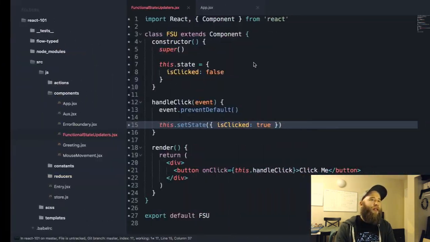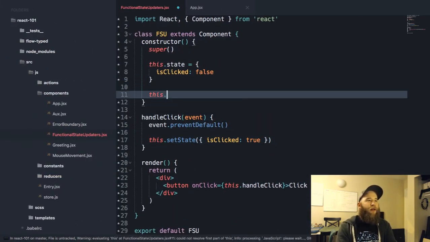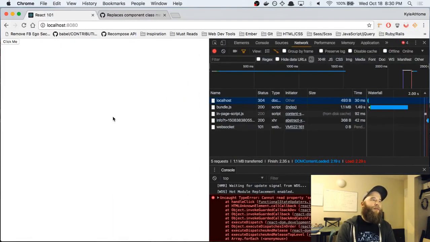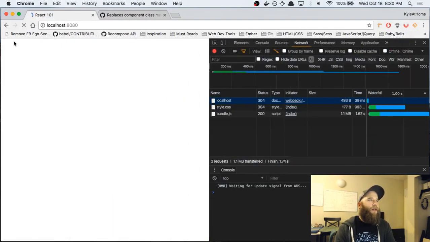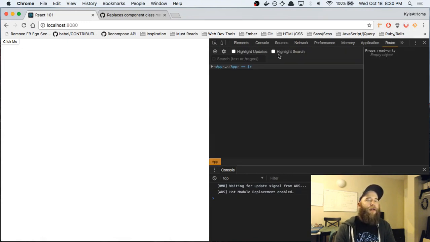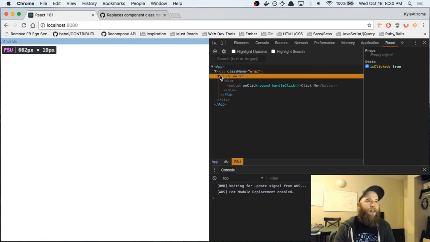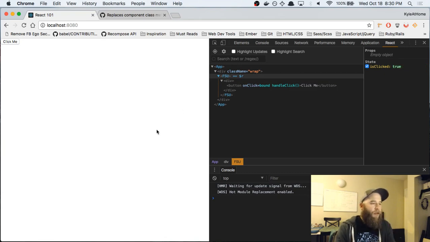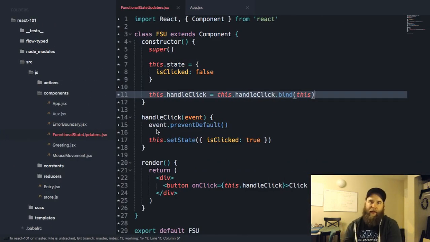This is undefined. And as I was saying last week, we talked about how the way to fix this is to do this kind of binding, right? We set up our methods and we bind them to this instance. We fix that, we come back, and we should be able to click it, and we can go to our dev tools in React. We can get down to this and we see it's true. I set it to false, I click it again, it's made true. So that's one way to do it, but it can get really tedious if your component has lots of methods.